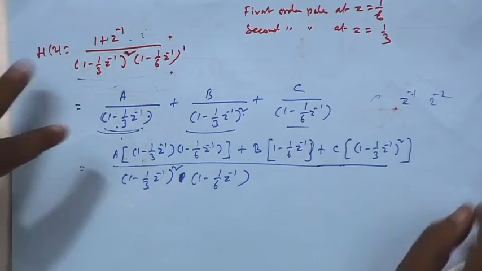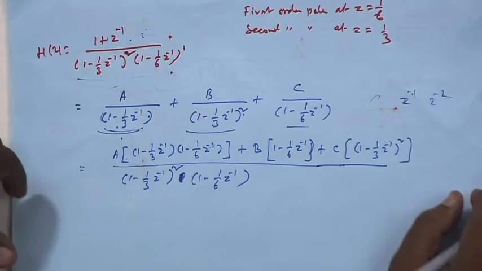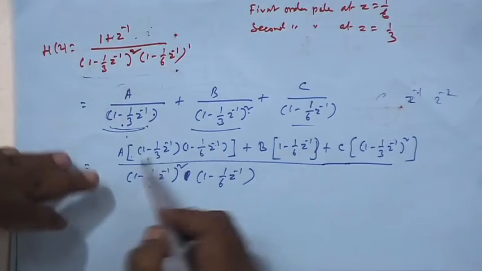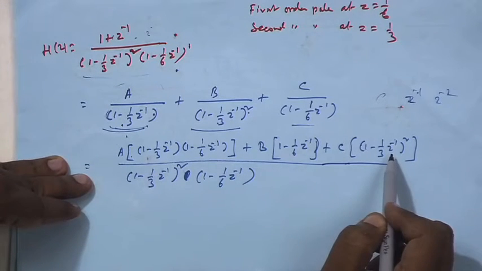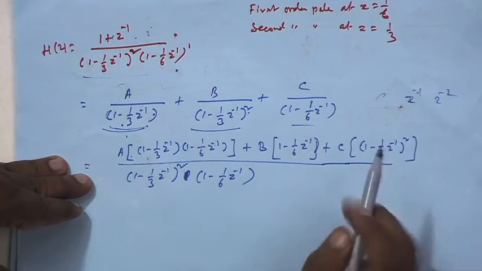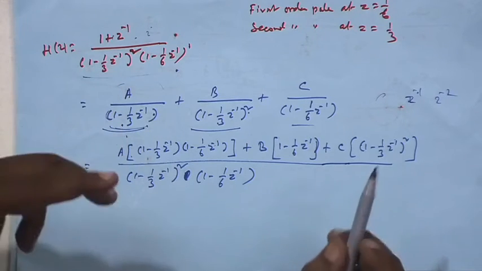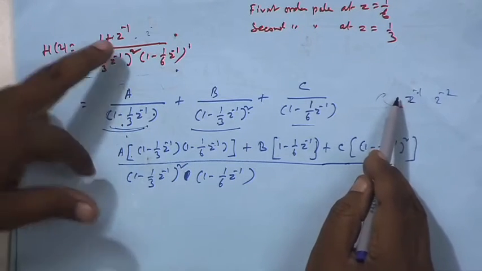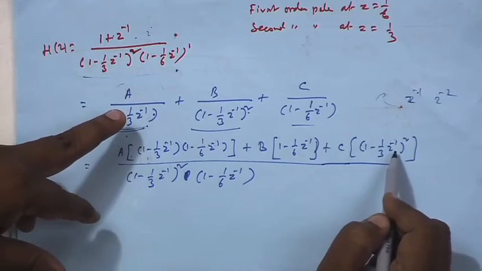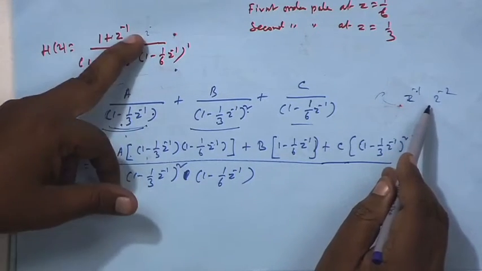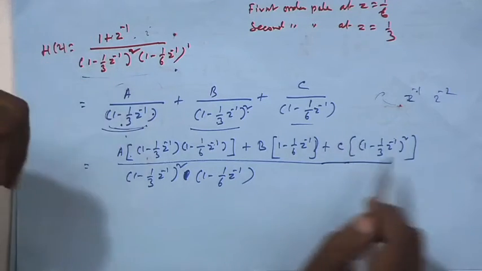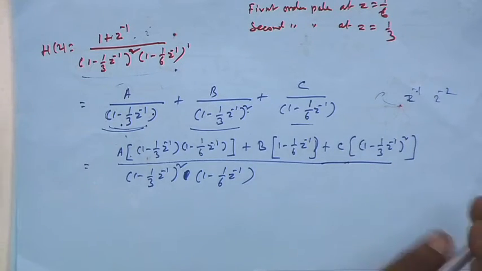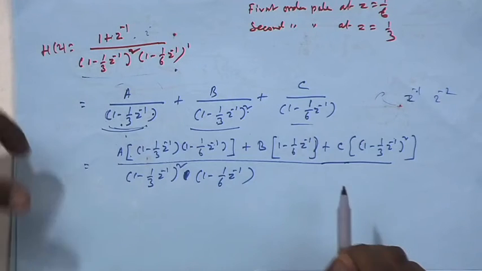That I am not doing, but this is one way of doing it. You expand it, you write this numerator expression, collect the terms for z inverse, the corresponding coefficient equate with 1, collect the terms for z inverse 2, the corresponding coefficient equate with 0, collect the terms for the constant, equate with 1, solve, you get A, B, C. So, you get these factors, let them be as they are.